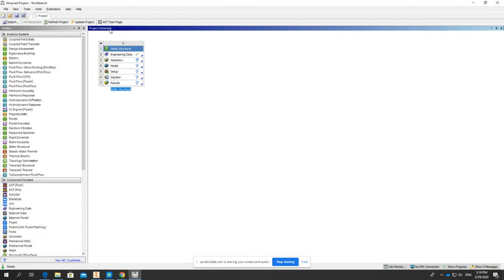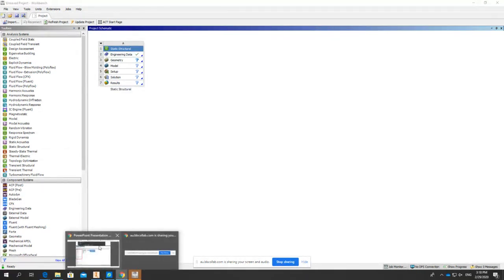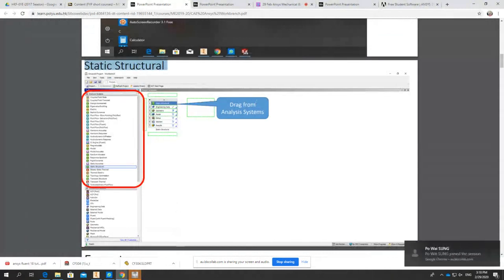We have got the flow chart. That means we need to create geometry and then make the model and then make the setup, the boundary condition like the fixed point or the force. And then for the solution, you need to use the analysis tool to calculate it, and then you can show the results for the post-processing results here. So when you look at that one, you just drag your analysis system into the project schematic